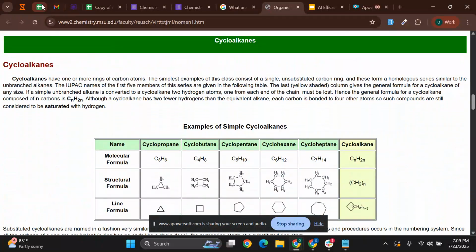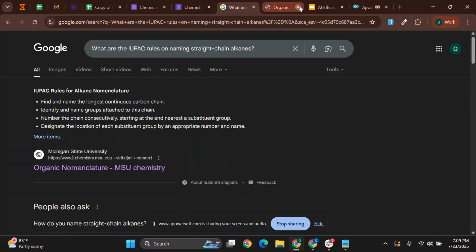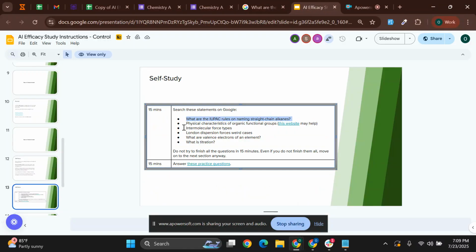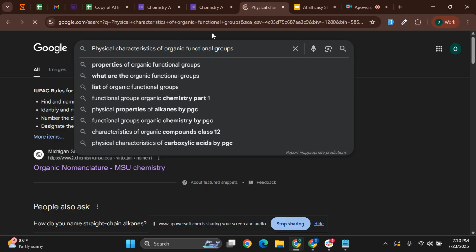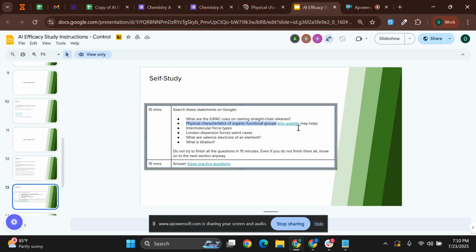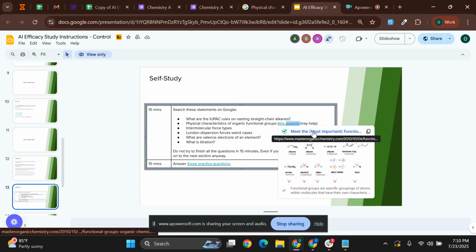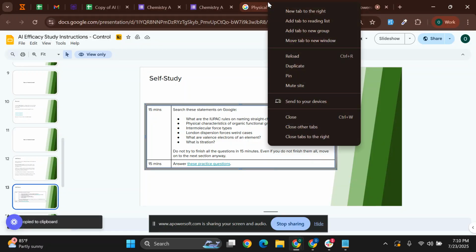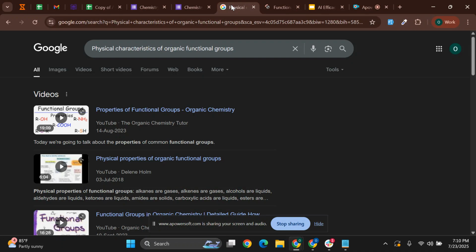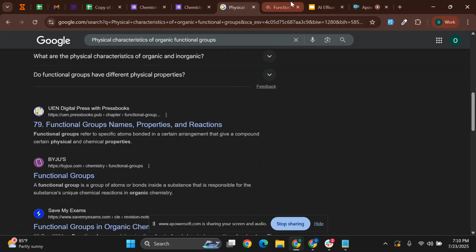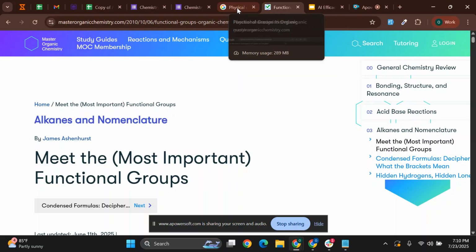So let's move to the other one because this has so much detail. Physical characteristics of organic functional groups. Okay, let's search the website provided. Copy, create a duplicate, paste. Okay, master organic chemistry. Okay,